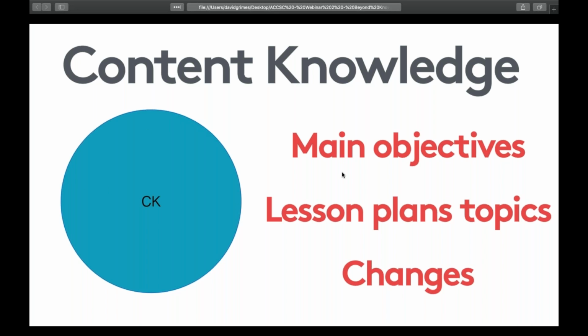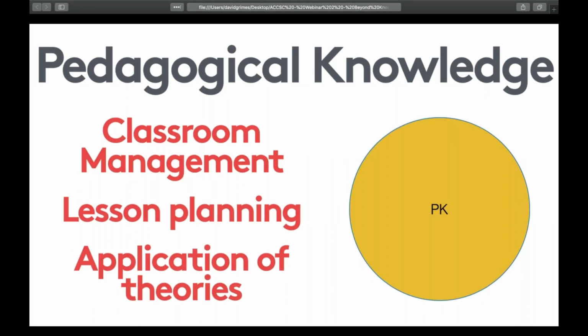So again, take a look and think about what rating you would give yourself, 1 through 5. And there's no wrong answer here. It's just doing a self-assessment of yourself. Now let's jump into the pedagogy side of things. This one covers the knowledge of the methods, the processes, and the practices that go into teaching and learning.